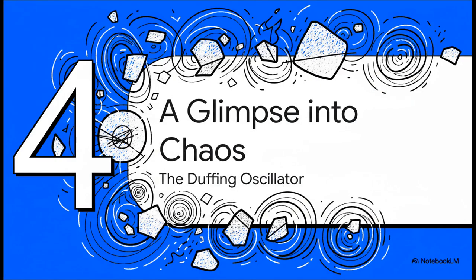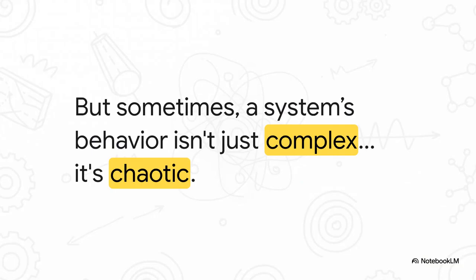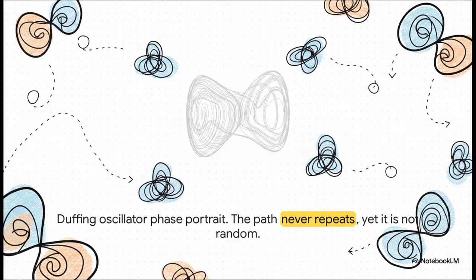But nonlinearity isn't just about stable patterns like limit cycles. Sometimes it can lead to something far stranger, far more complex. So let's get a little glimpse into the world of chaos. Now, we use the word chaos all the time to just mean random or messy, but in dynamics, it has a very precise meaning. It's behavior that is totally deterministic. It follows exact rules, but it's so sensitive to where it starts that it appears random and is impossible to predict in the long term.